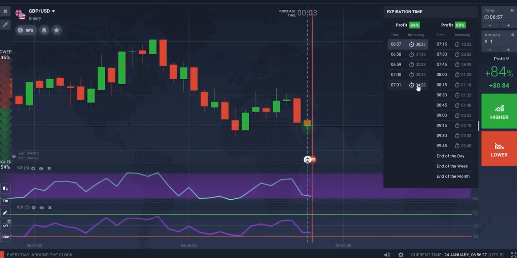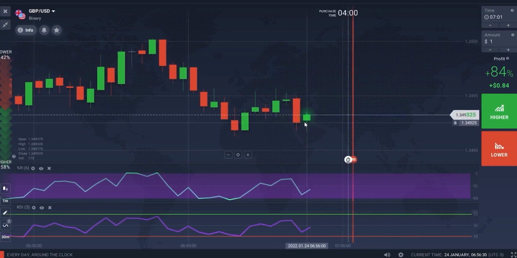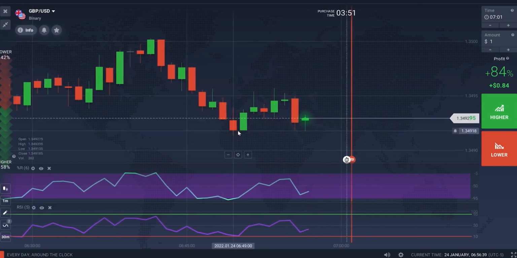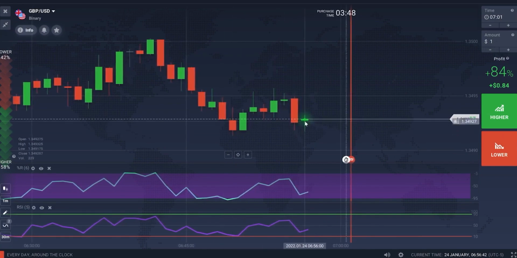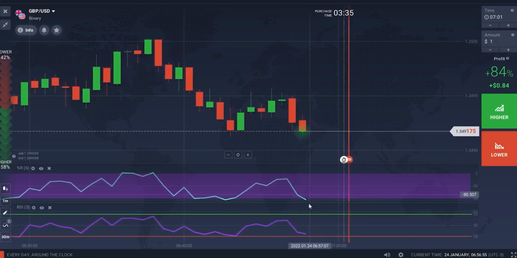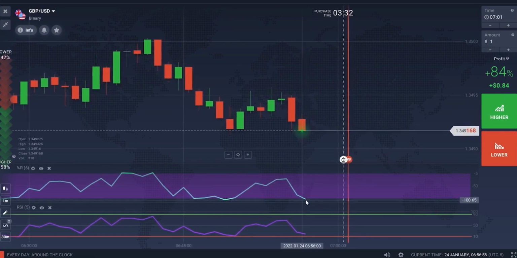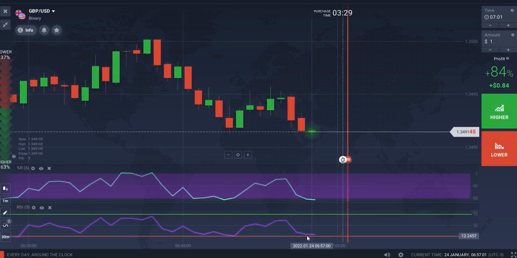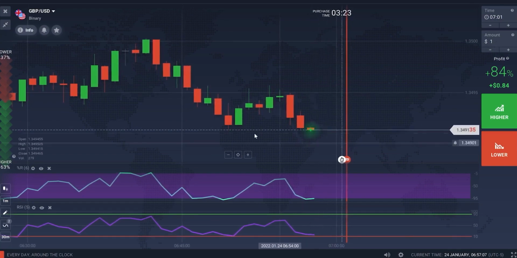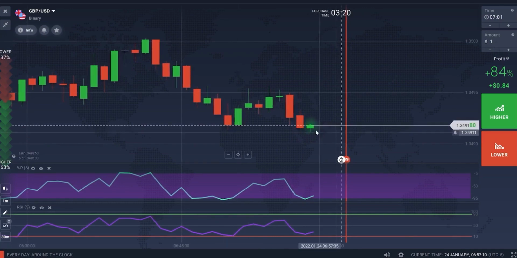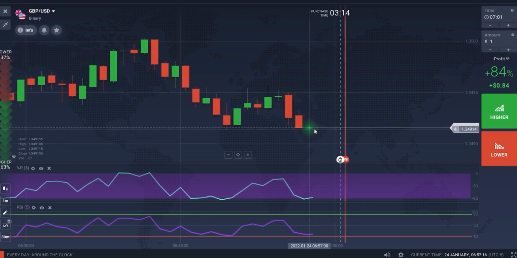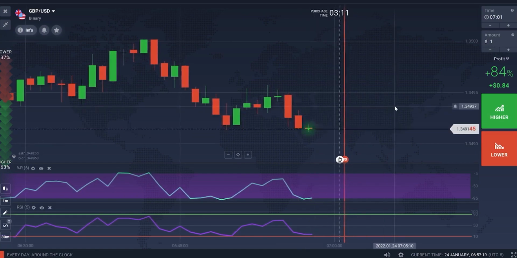For instance, I'm waiting for this candle to close. Let's see what happens. As you can see, this candle has moved close to the level and is positioned near a support level where we previously saw a trend reversal. It has come down, stayed there for a bit, and the RSI is also nearing the oversold line. I'm waiting for all these signals to confirm. When it reaches the level, we'll watch for the reaction. Once the candle closes, if it forms a reversal pattern, we can enter a 4 or 5 minute trade after